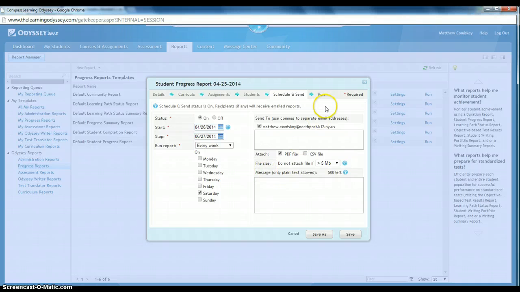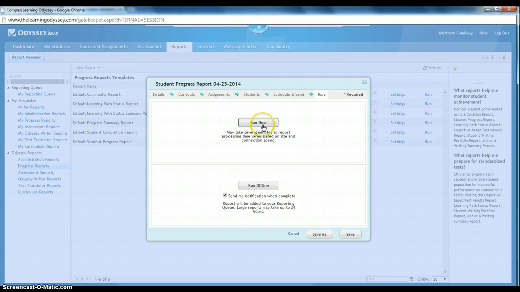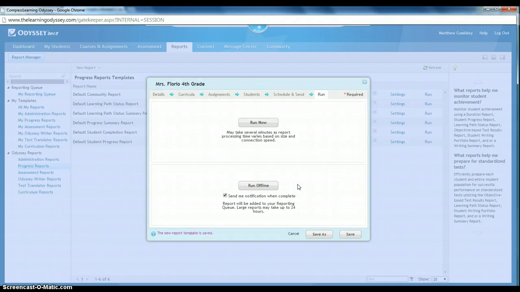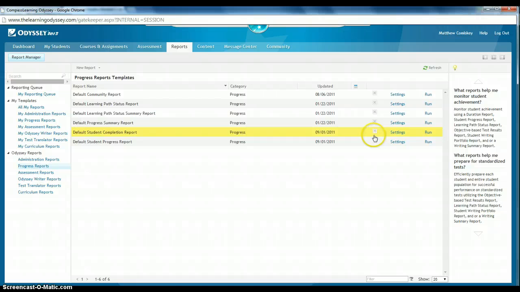And that would be finally, well, not finally, there's one more thing to do. So I scheduled everything, and now I'm going to go to run, and it's going to say you're going to run it now. You don't need to run this now. It will run it as long as you press save on the day that you chose. So I'm just going to press save. It's telling me please enter the name. I'm just going to say, and I'll press save. And then we're all set. So now you have this report set up, and every Saturday, because I chose Saturday, I will get a copy of my student progress report, and I don't even have to